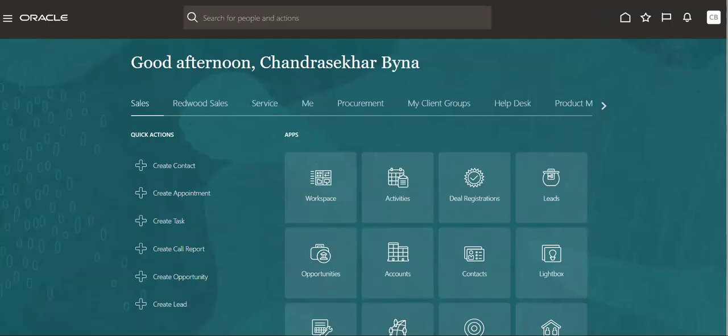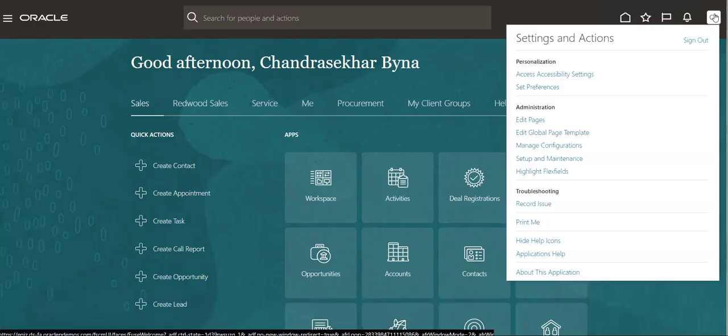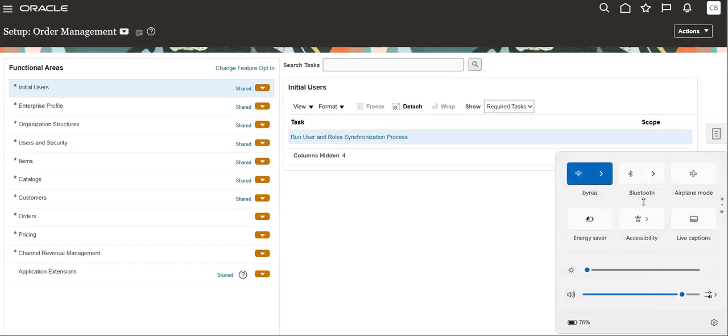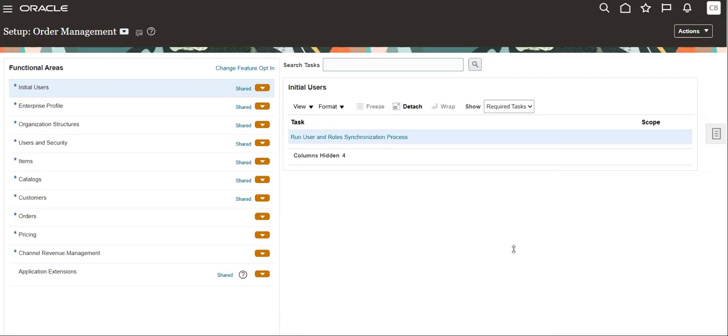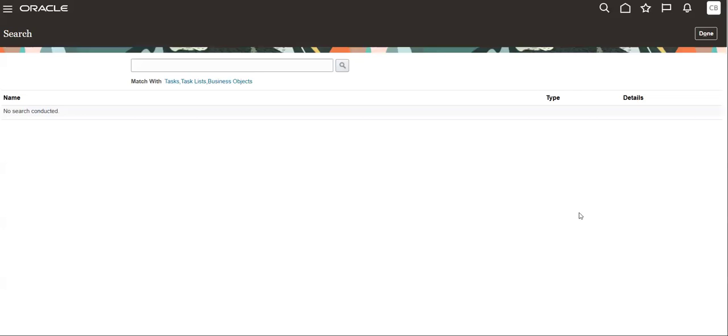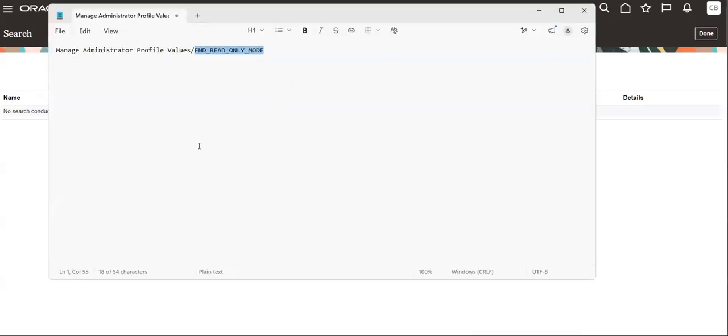So I'm going to Setup and Maintenance. Then we have to go to search. Then we have to search for this Manage Administrator Profile Values. Okay. So once we go there,